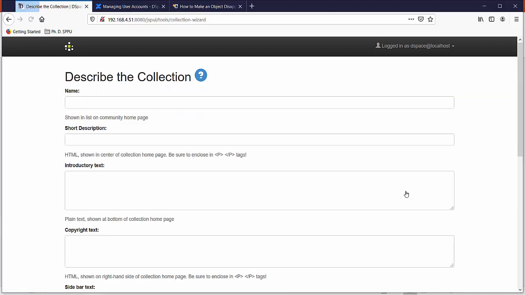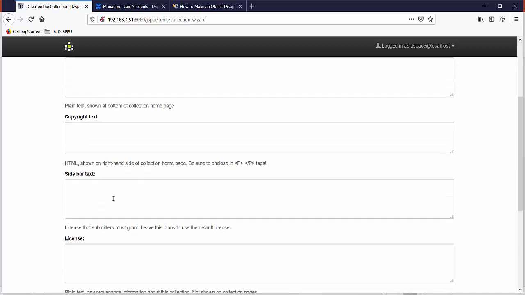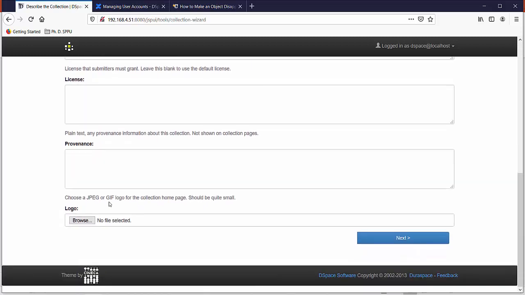Just click on the next button, enter the name of the collection, for example teachers presentations. You may enter a short description, introductory text, copyright text as per your needs. Just click the next button.